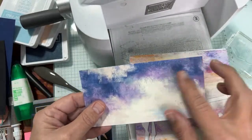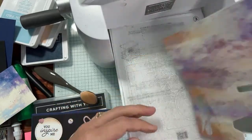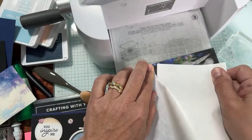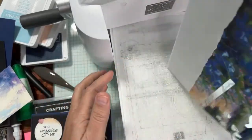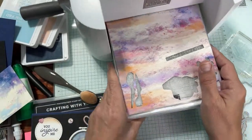Now this piece is what we're going to stamp the handmade hug on. So this part is going to make a sticker, in other words. I'm going to go ahead and get rid of this part. I don't need this part of the adhesive. Only this part is the double-sided adhesive sheet. By the way, I'm using the other side of this piece of paper with all these pretty flowers. Meandering Meadows is a great one for